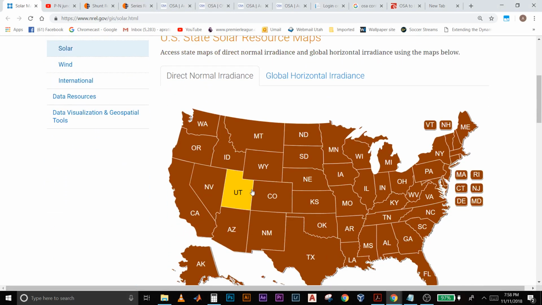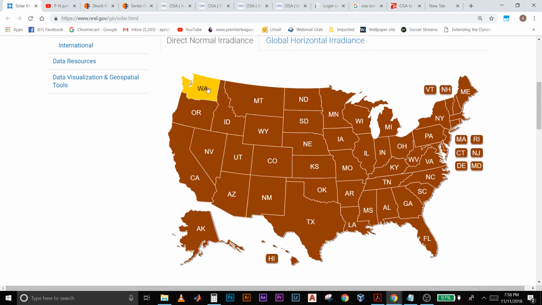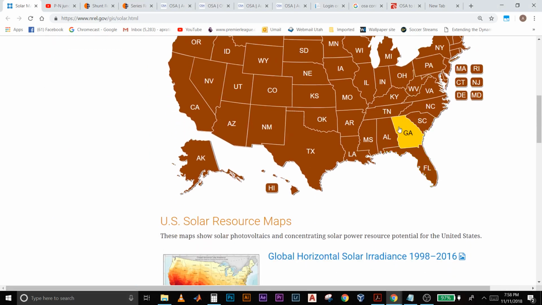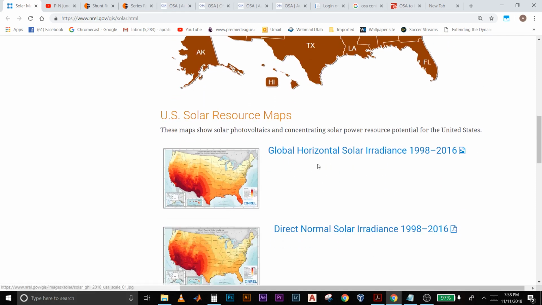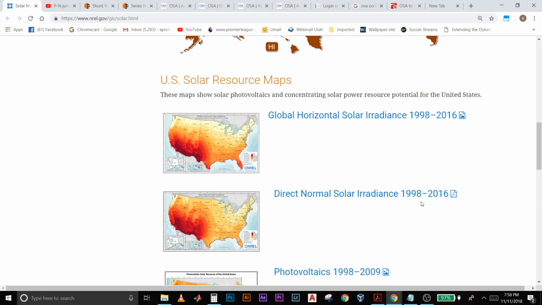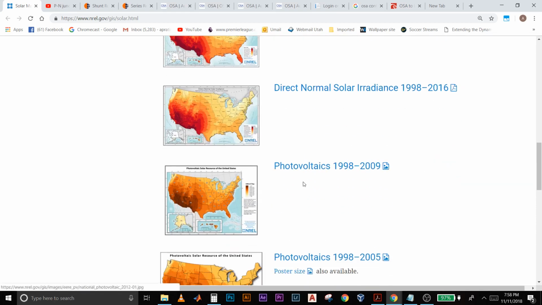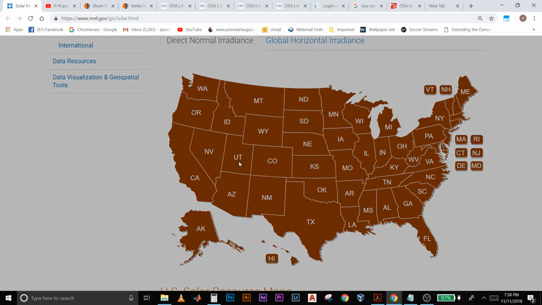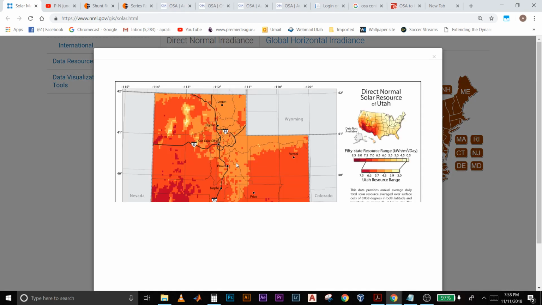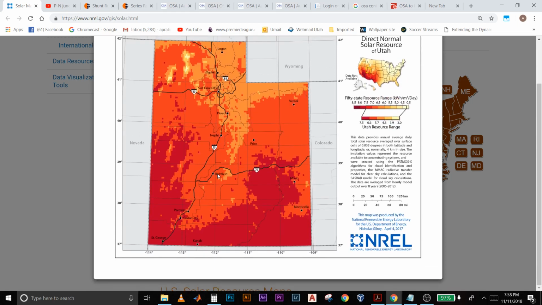You will see this map, and this is an interactive map, and you can click any of these states to get information on the solar irradiance and how much photovoltaic power can be generated and so on. They have very useful maps over here for global horizontal solar irradiance over different time periods, and photovoltaic power generation. Suppose I were to go up and click on Utah, it shows me the total solar